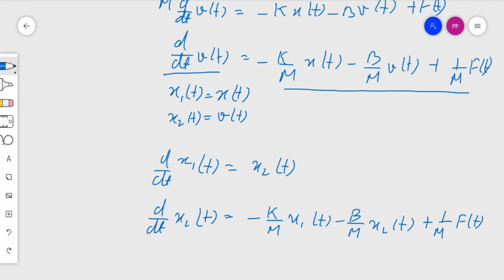So for our convenience, we can also replace it with the convention u(t), where I have defined u(t) equals f(t). That is just convention. So now